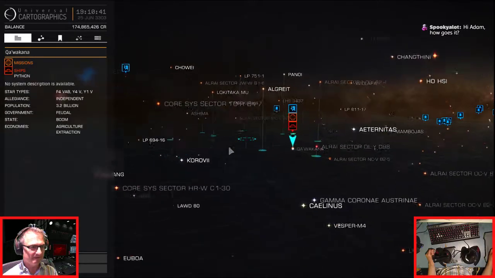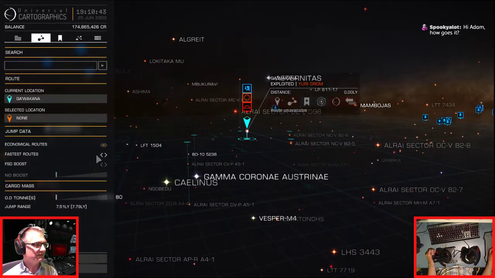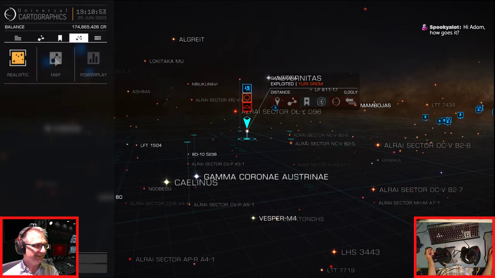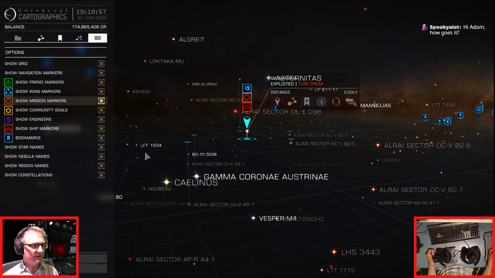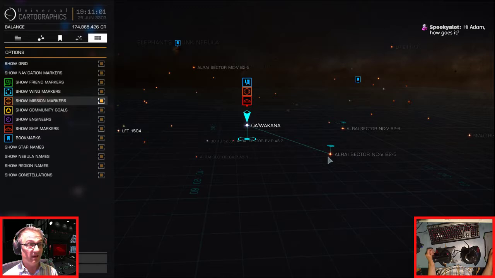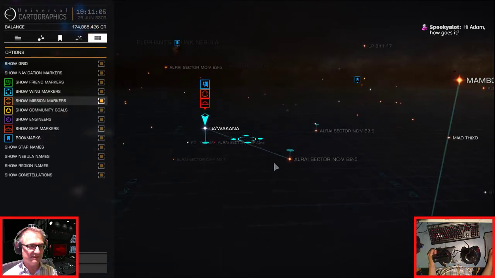Come on. Let's see if the lines are on. Economical. I don't think I can actually leave the system. I've got a funny feeling I can't leave the system. They're all on. Why can't I see the... Oh, I can go here, and that's it. Well, there goes my idea of...